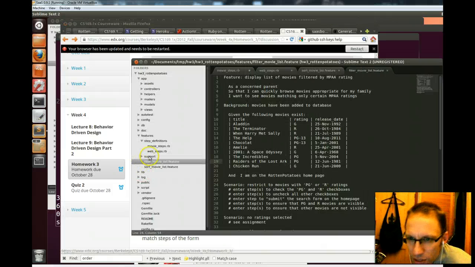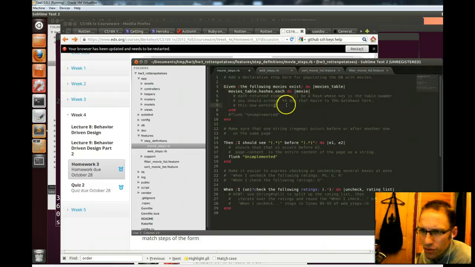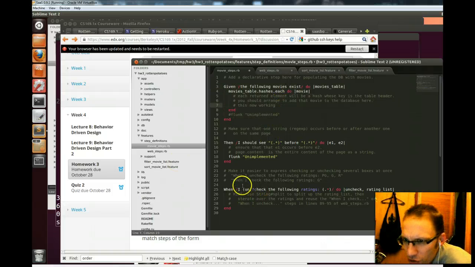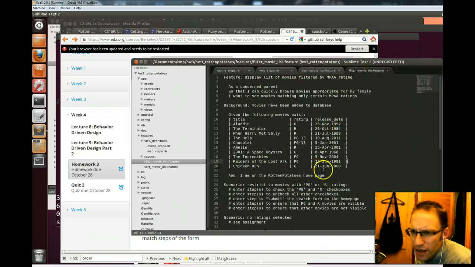So back in here, the movie steps, it's got given the following movies exist. We've just got that working to create things. We've got this one here, when I uncheck or check the following ratings, and then it's got a hint about how you might do that, referring to web steps. So there are also little hints in there about how to make progress. But again, I'll just show you one of the kind of, I'm hopefully not giving too much away if I say here,